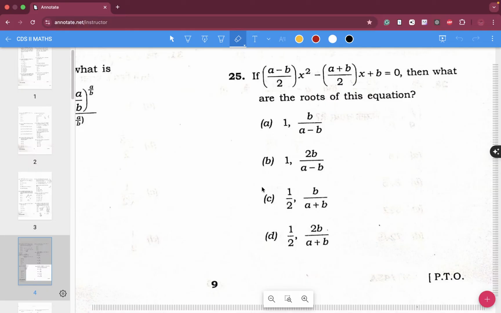So what are the roots? Okay, right, what are the roots? In that case they are asking what are the roots. Okay, so what is the product of the roots? Product of the roots is c by a, right, which means b divided by a minus b by 2. Okay, or otherwise simply